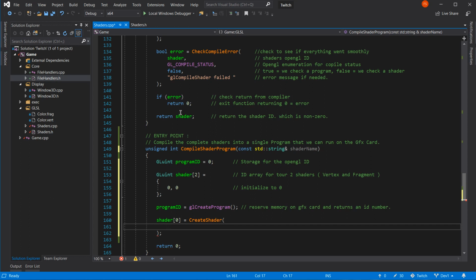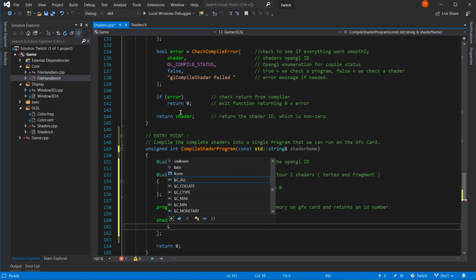What does create shader need? It needs a file path. Well, no. I'm going to be cheeky. I'm going to load it.